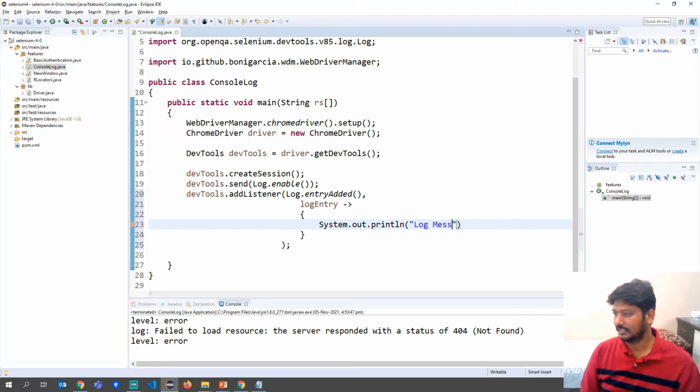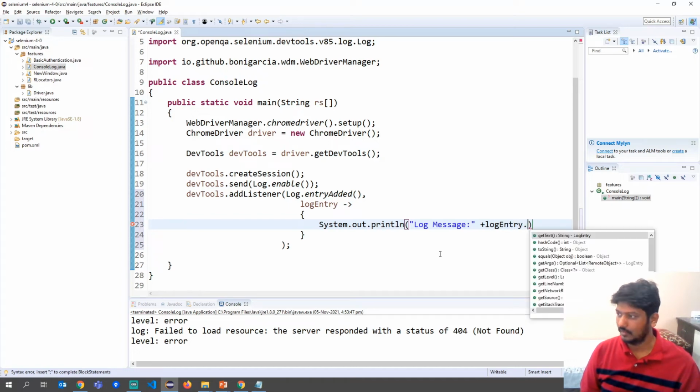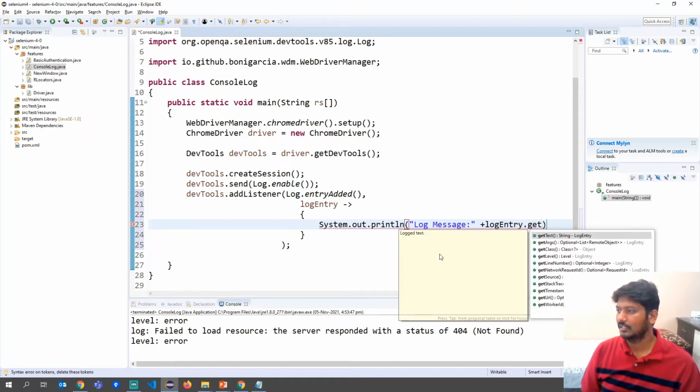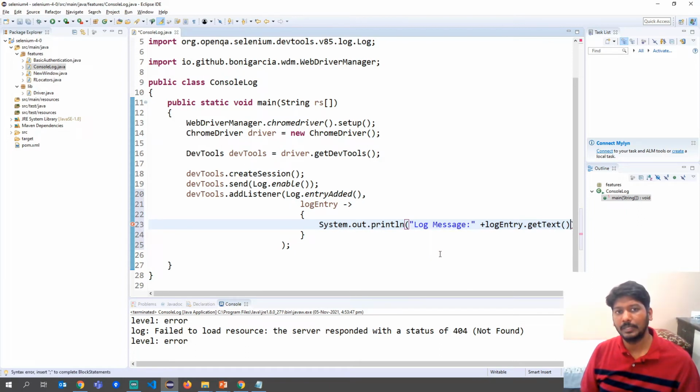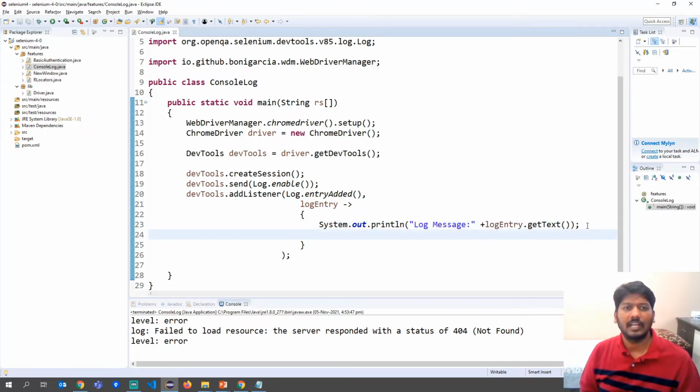What is the log message? Okay. We will say logEntry.getText. So whatever text is getting printed in the browser console will now be printed in our console in Eclipse. And there are other things that you can also access with the help of this log entry. For example,